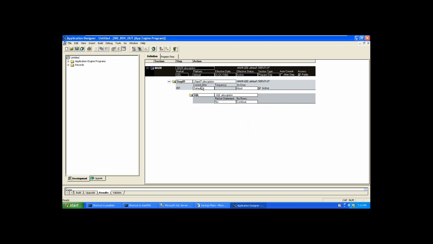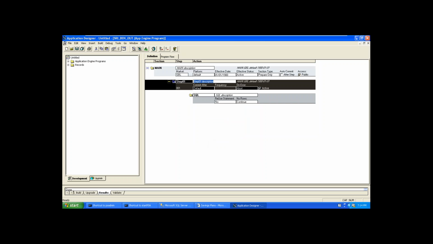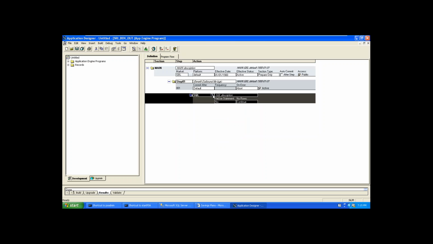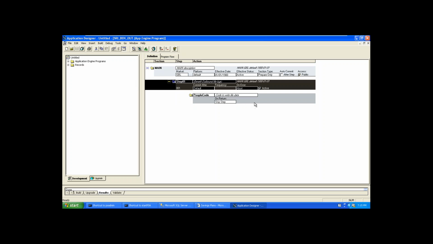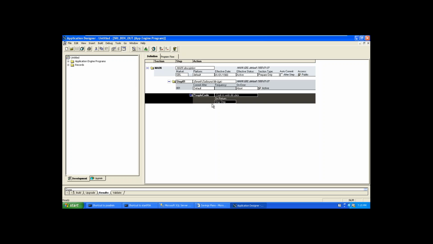Please write clear instructions about what you are doing here: benefit outbound file logic. Here I am writing the PeopleCode to write file data. That way, for better understanding, if anybody reviews your application engine, he can understand this is the step and this is the purpose of the PeopleCode.